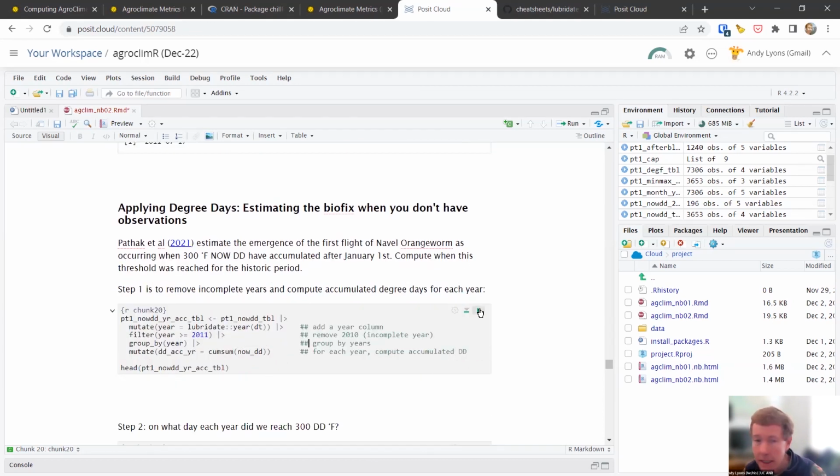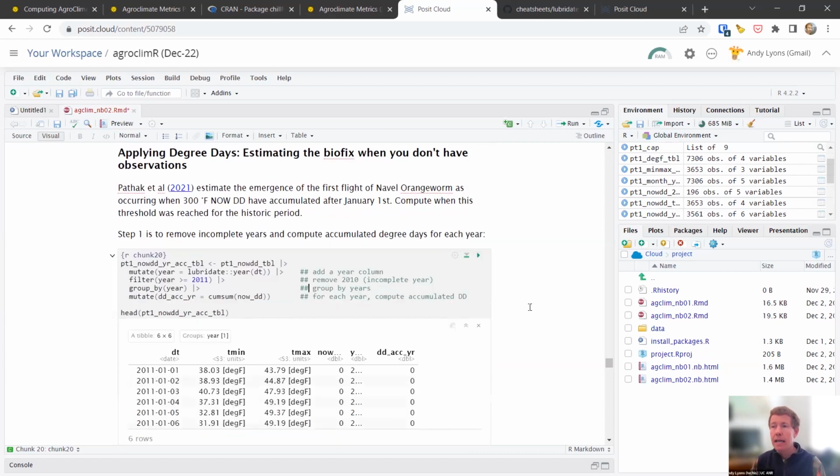Code chunk number 20 is a different use case. Here we are estimating a biofix when we don't have observations. So if you don't know when navel orangeworms first emerge, a good estimate based on historical research is after 300 degree days have accumulated since